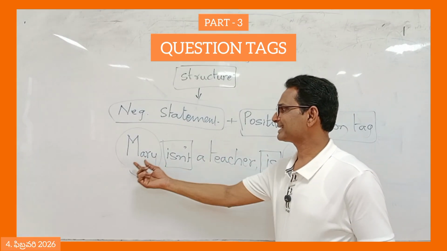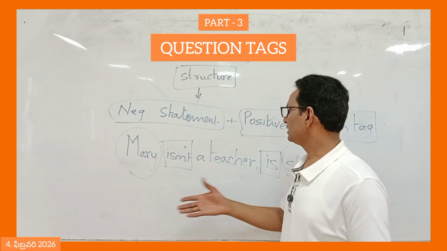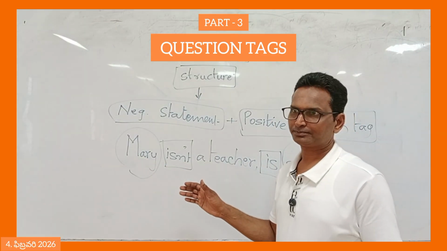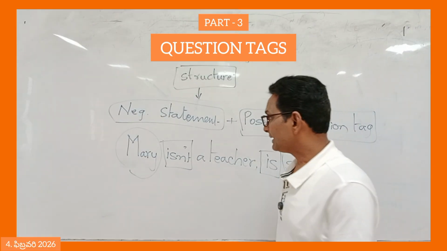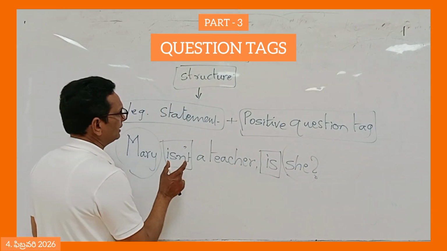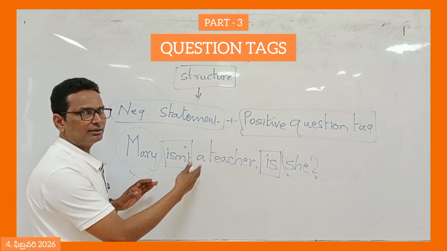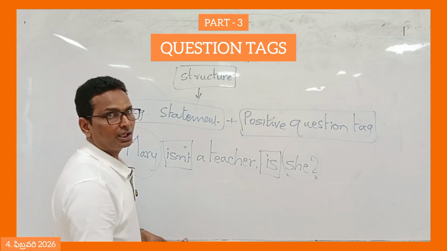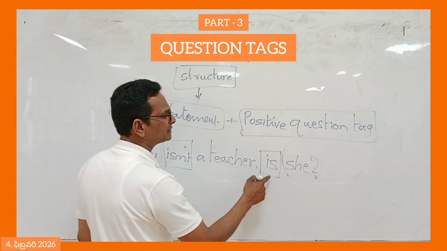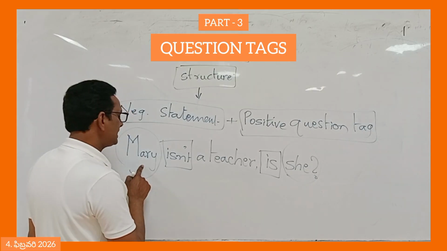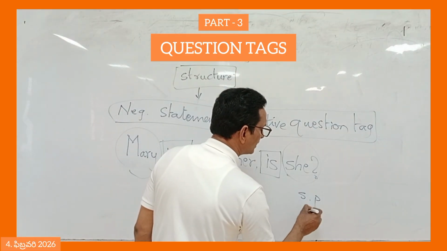Negative statement. Subject is Mary. Is plus not, isn't, is the verb. Here a teacher is the object. Mary isn't a teacher. Is she? Now, the negative statement in the sentence we have converted with not. It will receive a positive question tag. What is the positive question tag? Isn't has been turned into is. And Mary is the subject. Subject pronoun comes